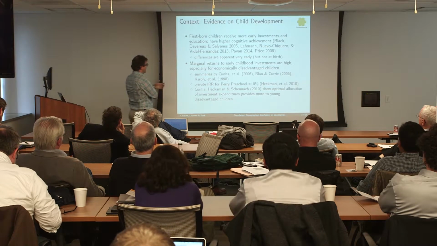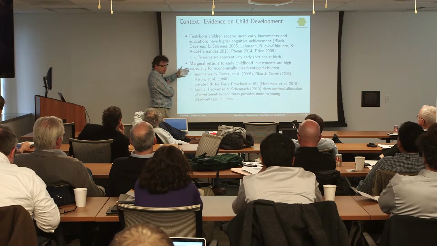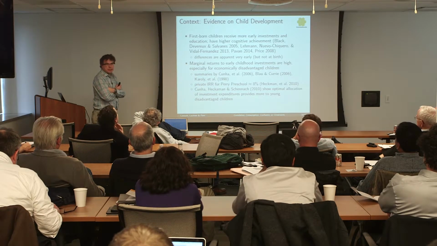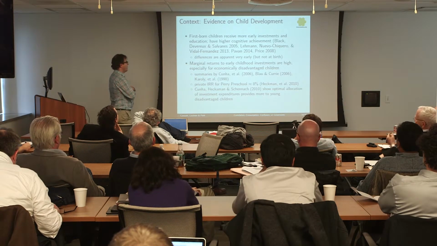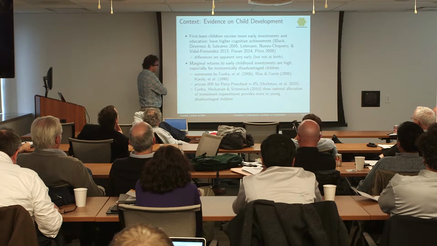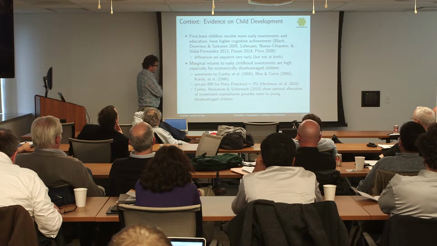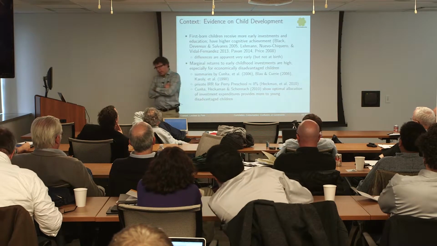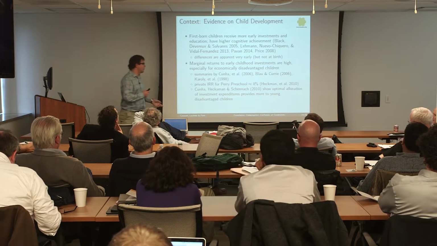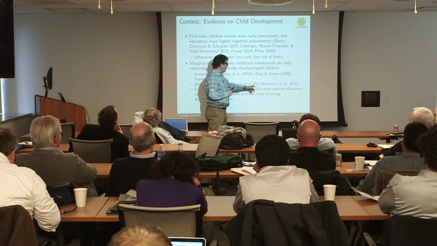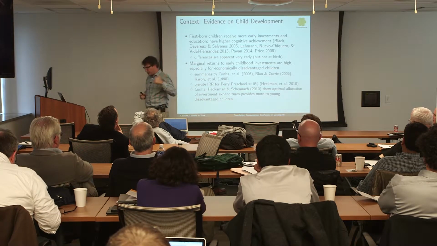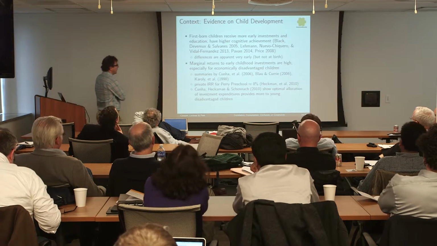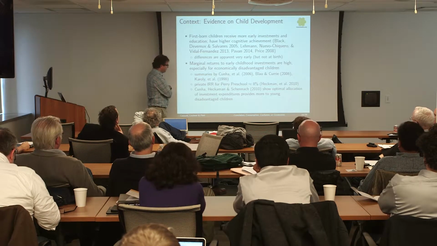Here, I'm pretty sure I won't get any quarrels. The marginal returns to early investment appear to be quite high, particularly true for disadvantaged children. There's a number of summaries on that. One of the nicest, cleanest examples is the rates of return on the Perry Preschool, which are quite high. This I've shown you here, just the private rate of return. This is on the high end of their numbers, but I think it's the right one to think about for this. These are internal rates of return.